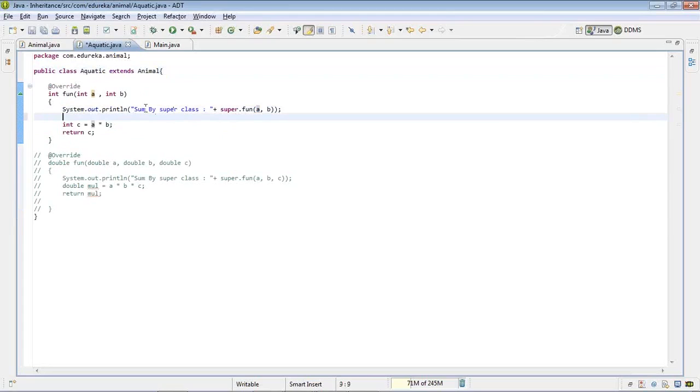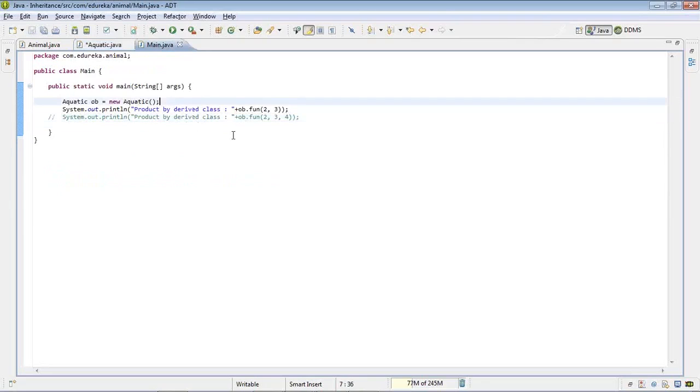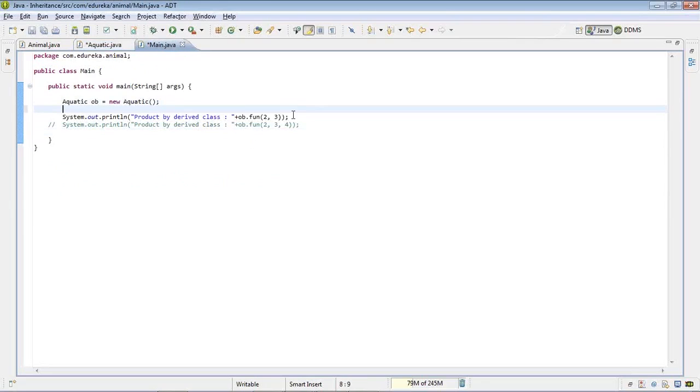Okay. So first I'm printing the sum using the super function that is present in the parent class, and in the second one I write integer c equals a multiplied by b, and I return the multiplication of these two integers. In the main class I have an object of the aquatic class.